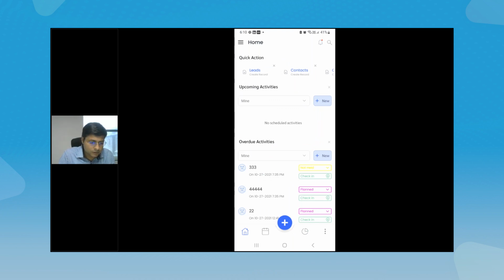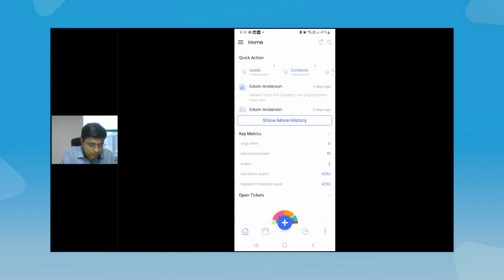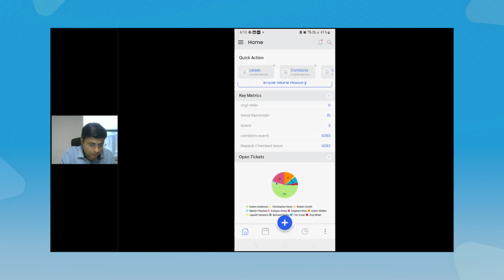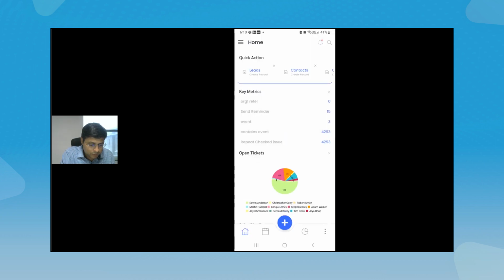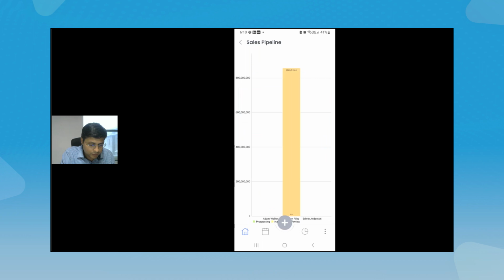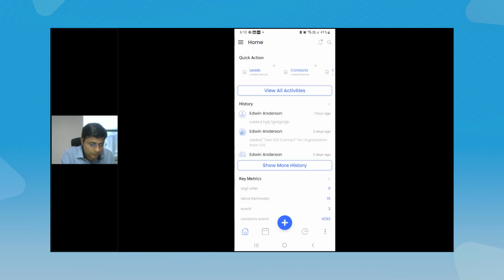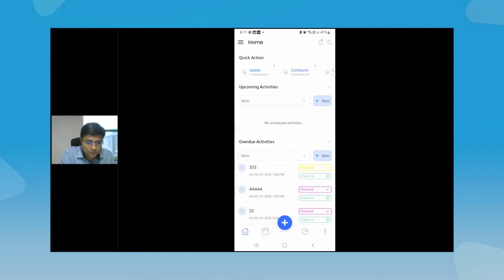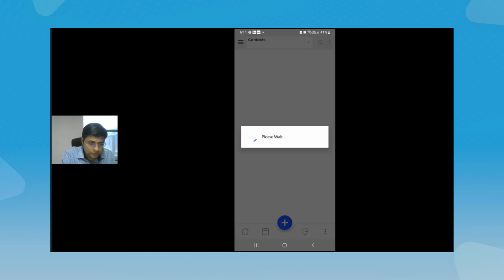If you look at my screen, this is the new UI for the apps, which has all the features. Also, you can see how the wizard is displayed. I'm selecting the search pipeline and it will display the reports for the search pipeline. If I click on that, it can either expand or collapse. This is the new UI where it displays the wizard like this, but in the new theme. Now, for example, if I go to the contacts, you will see